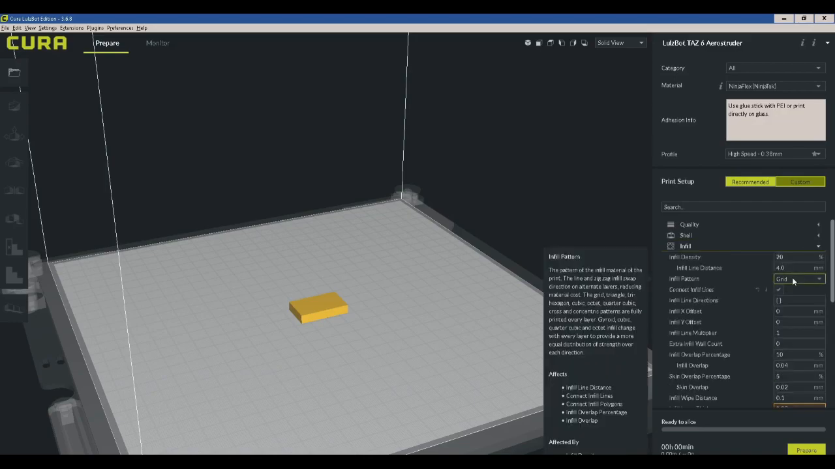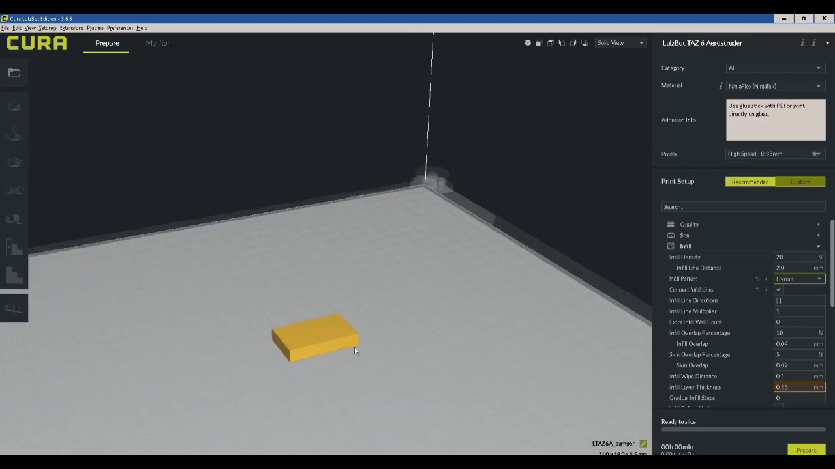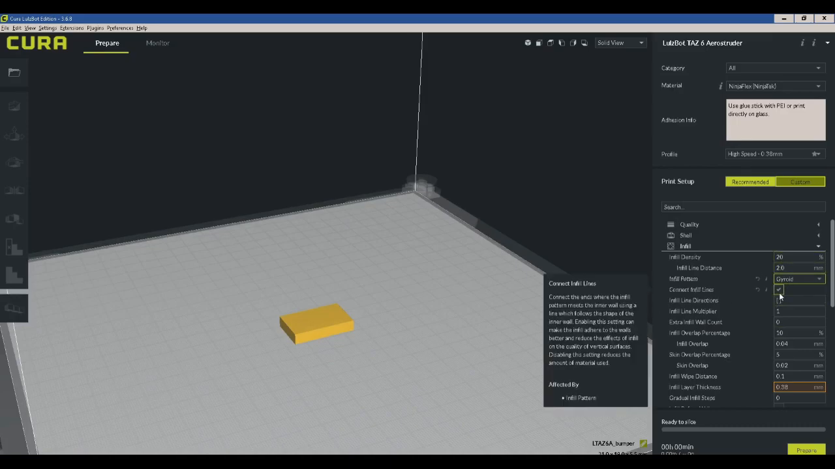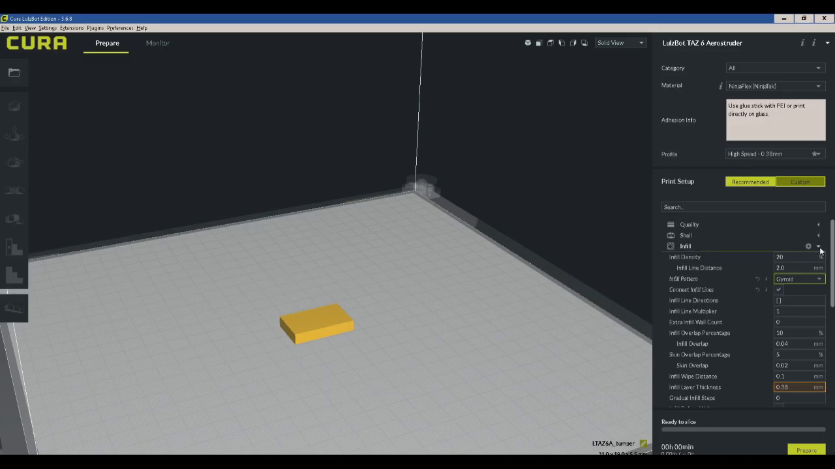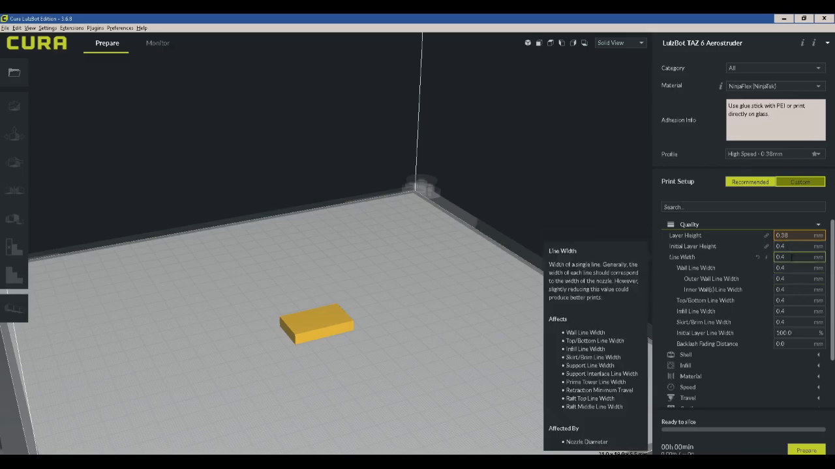On flexible material, I really like using gyroidal infill. A, I think it's neat. B, it sounds really cool when the printer's printing it, making all those little wiggly shapes. And you'll see what I'm talking about here in a minute. But always connect the infill lines. It reduces the number of retractions. But for this one under quality, see our line width is set to 0.4, which is the size of my